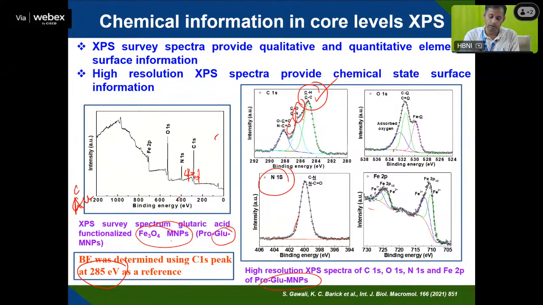Because of that, depending on the chemical shift, the peak position can be identified: 285 is carbon, then here carbon and oxygen are there. So depending on the electronegativity, it will pull down. So you'll see all these positions. Similarly, oxygen also you can deconvolute using XPS. One technique is XPS peak fit